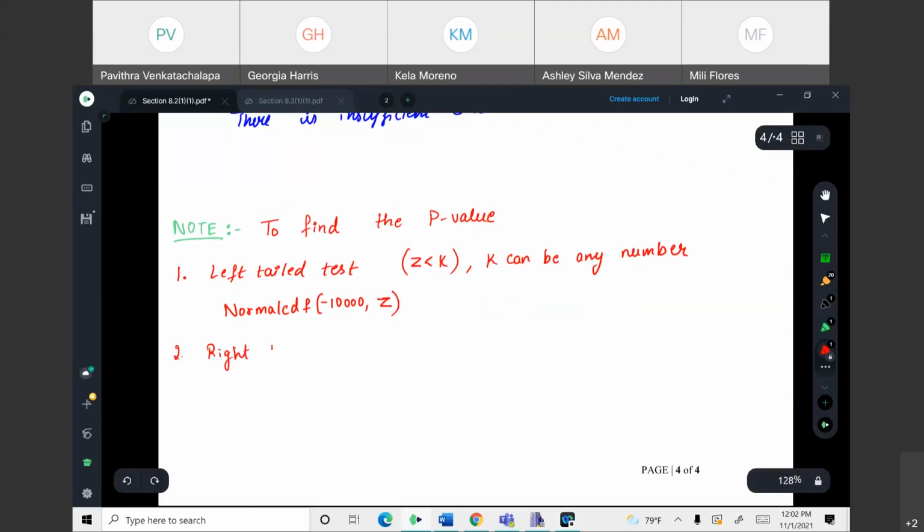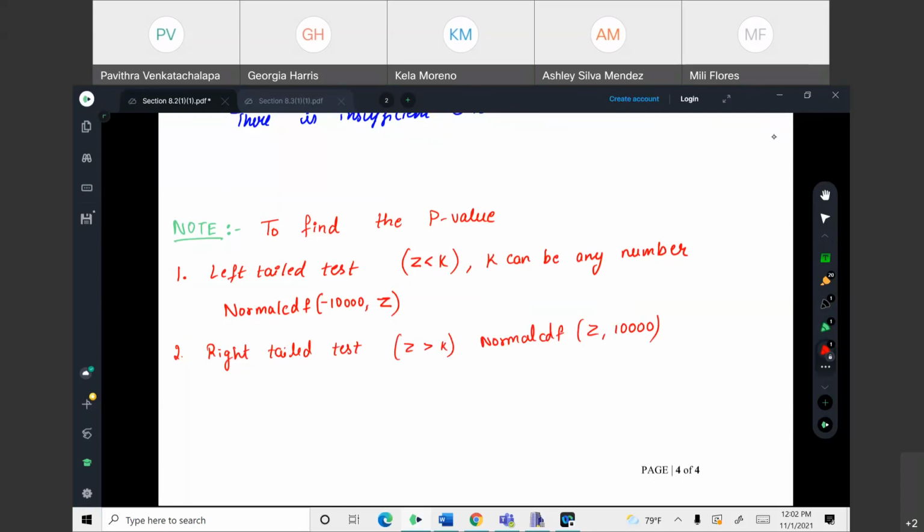if it is a right-tailed test, that is if Z is greater than K, then normal CDF will be Z value with 10,000. Now, if you have a two-tailed test,